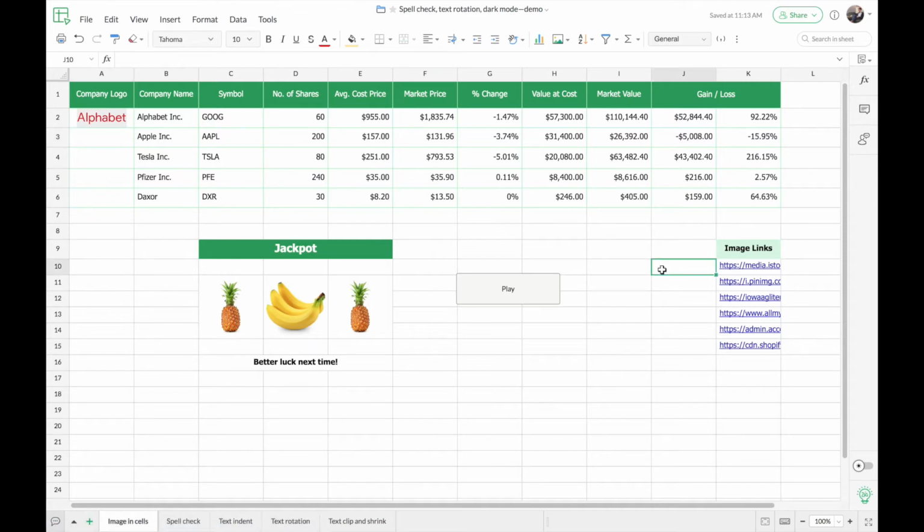So when you want the image in a cell to dynamically change based on a URL that you have in another cell or a cell range, you can go with the image function. So here you can see that I have the source links already given in a cell range, and based on those source links, I'm going to insert images into the adjacent column.